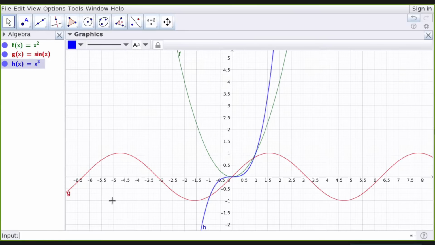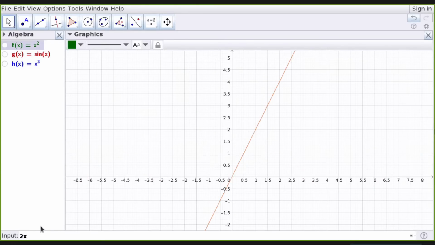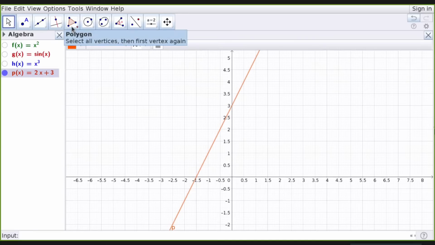So like that I can draw the figures in this method also. I will hide these curves. I will type 2x plus 3, enter, I got a line, y equal to 2x plus 3.